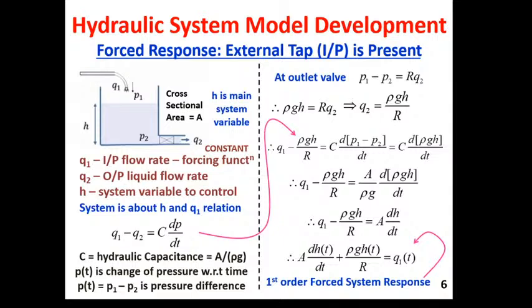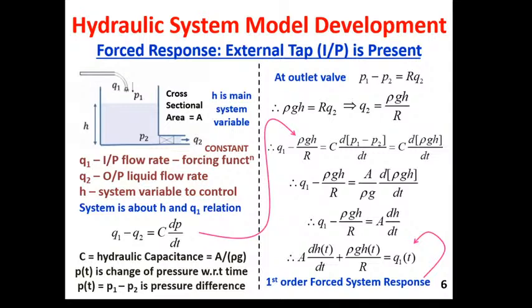The more the hydraulic resistance, the less will be the value of outlet Q2. So Q1 is whatever is increasing the liquid level inside the container. All the dynamics of this system is captured in this equation, A dH(t)/dt plus rho G H(t)/R is